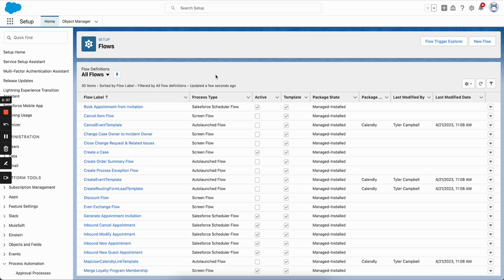So the Calendly package will add these flow templates: cancel event template, create event template, create routing form lead template, and then also the map user Calendly link template. So that's a lot. We'll walk through each of them. But for now, in terms of the setup, what you're going to want to do is go into each of these templates